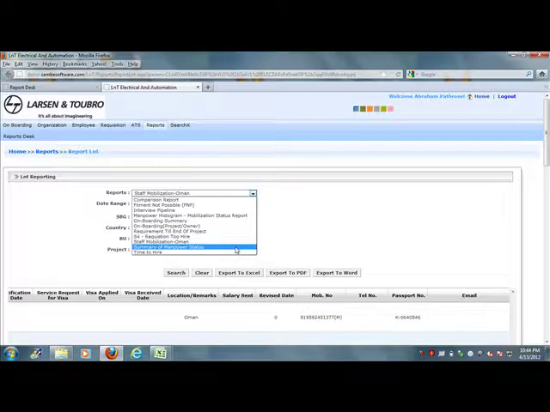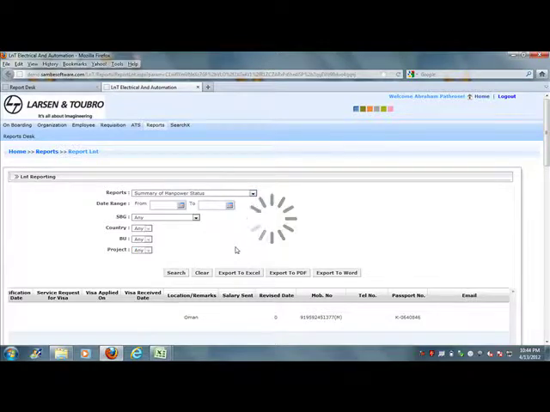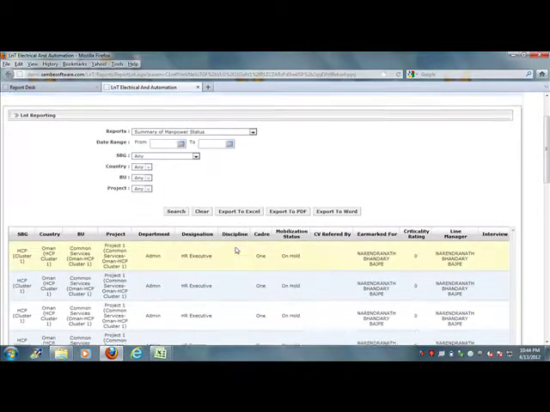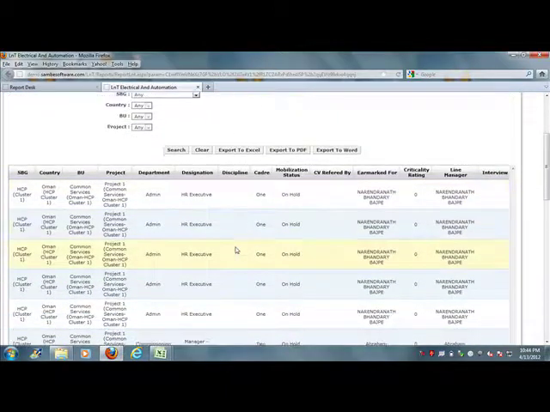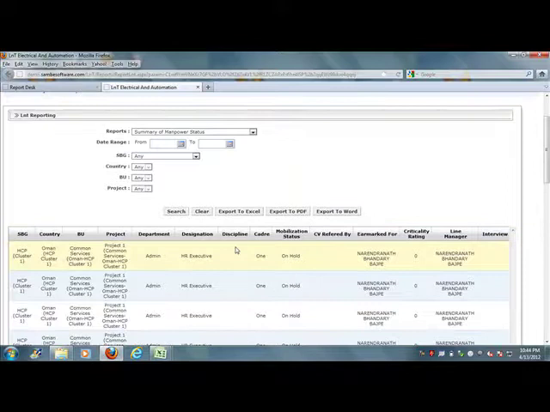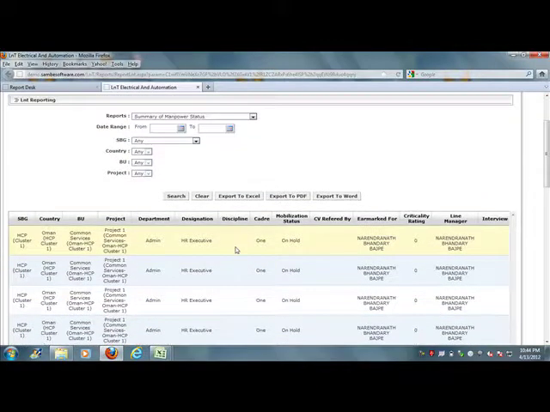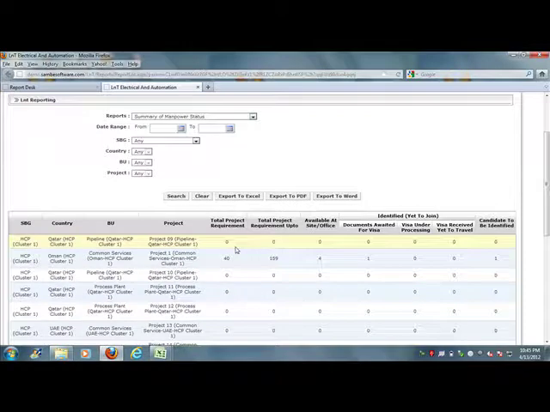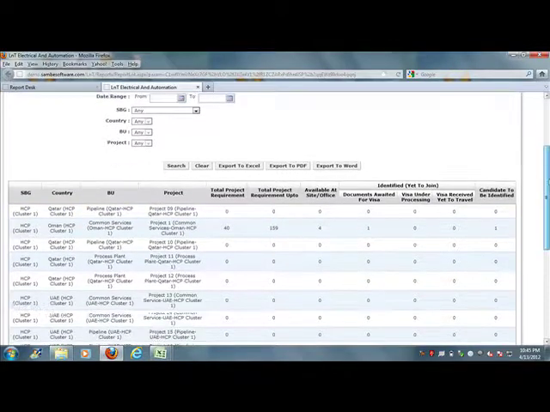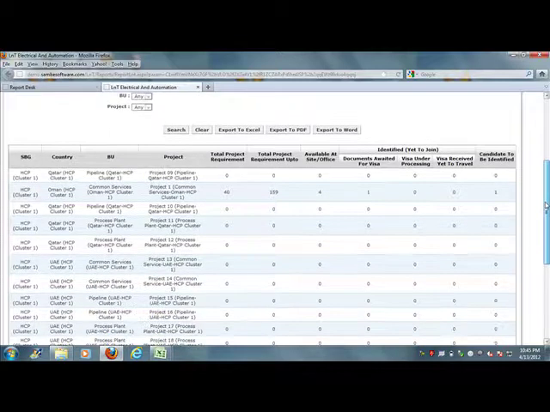Now we'll go to the summary of manpower status, which will be our next report. It will show that under a particular SBG, under a particular country, BU, project, the number of candidates. So under a particular project, the requirement was 40, and total project requirement up to is 159.